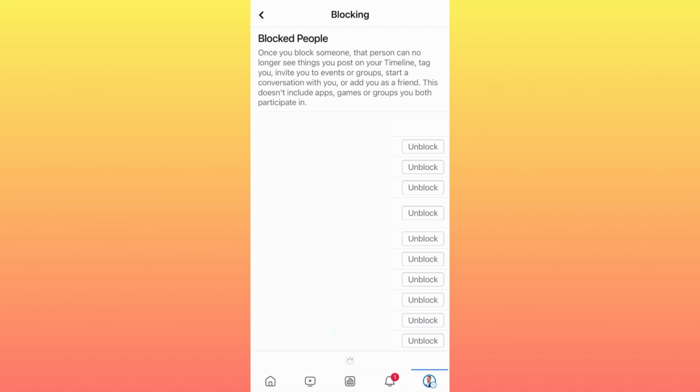Very important, once you block someone, that person can no longer see things that you post on your timeline, when you tag someone or someone tags you in an image or photo. Also invites for friends to events or groups, conversations that you're starting, events, and your important celebrations still will not be available. After you unblock them, it simply means that they will be able to start seeing all of your content,